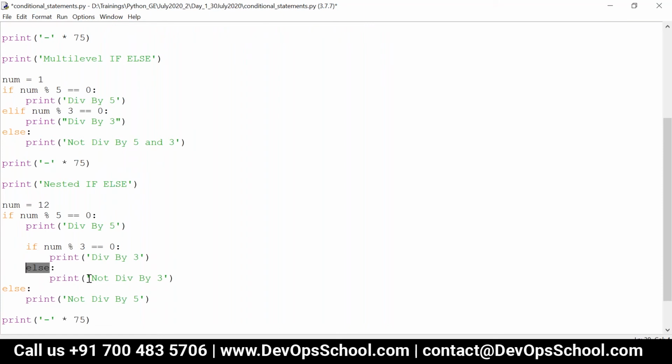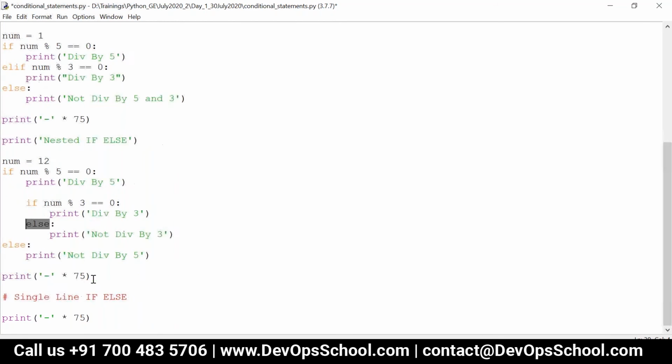Even without the else clause, this program will work fine. There is no error in this. But in single line if else, the else clause is mandatory.